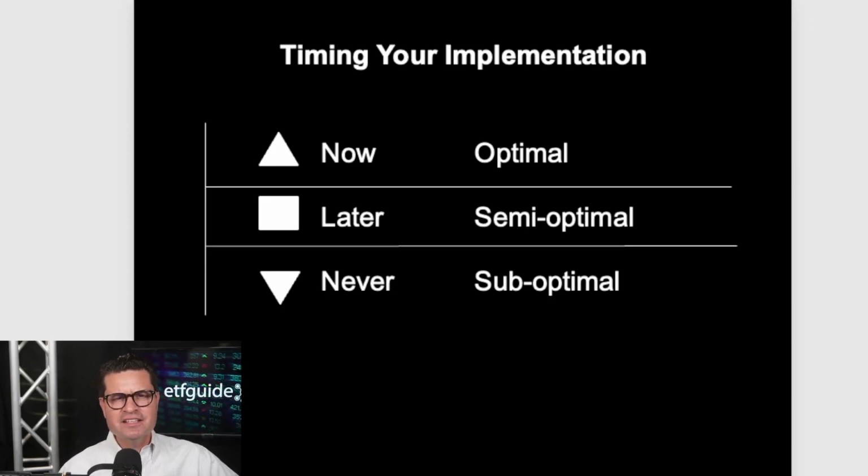And I liken this, and I've used this example many times, and I'll continue to use it because I think it's easy to understand, implementing your portfolio's margin of safety is like acquiring insurance on your home or on your car. When is the best time to buy that insurance? Is it before the accident? Is it before the fire? Is it before the hurricane, before the tornado or the earthquake or whatever? Or is it after the event? Well, I think you know the answer to that.